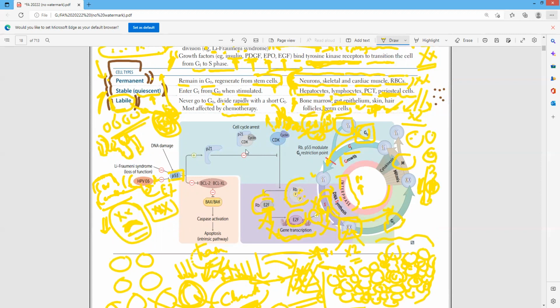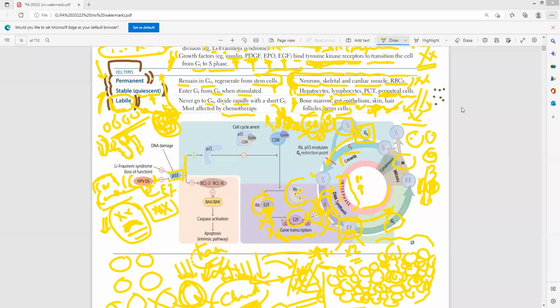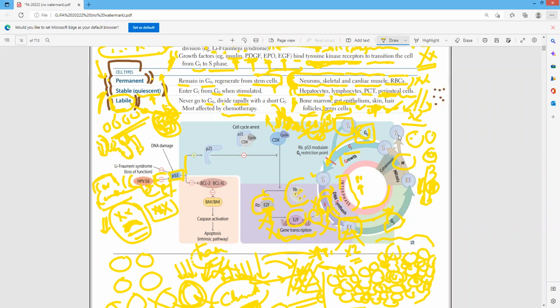P53. So when you get infected with that virus and it inhibits P53, it will affect P53, so the cell will undergo cell division, cell division, cell division. But I want you to know again that